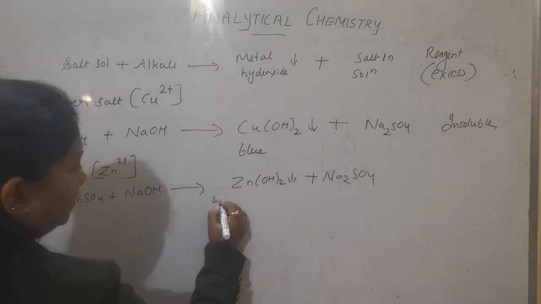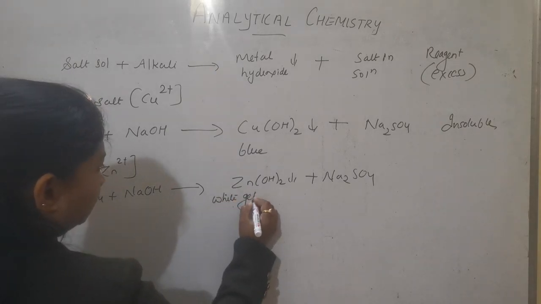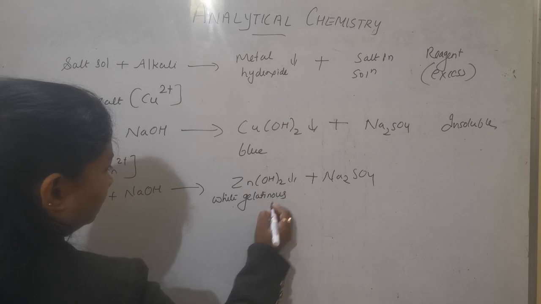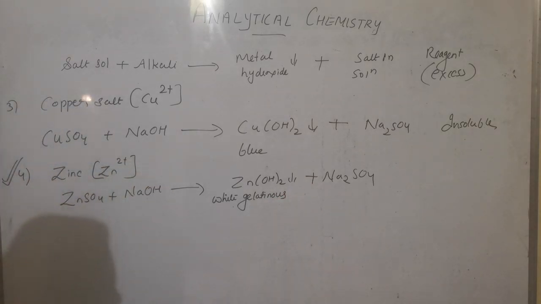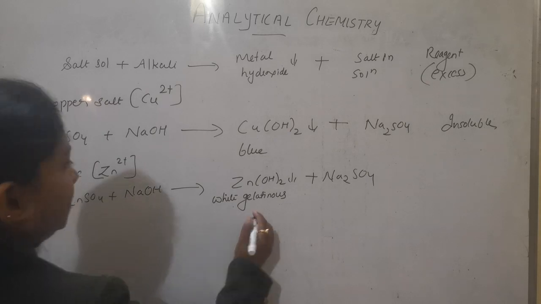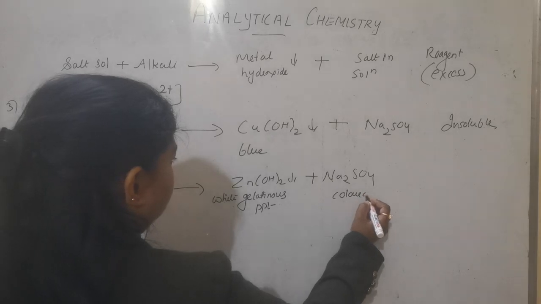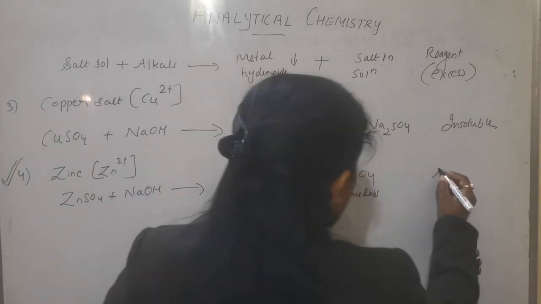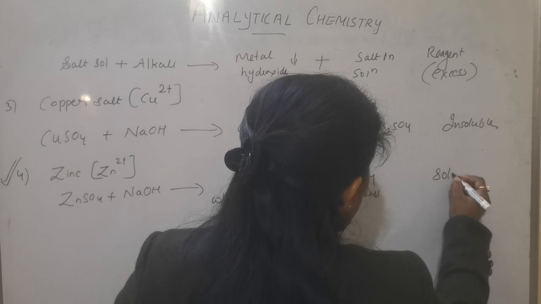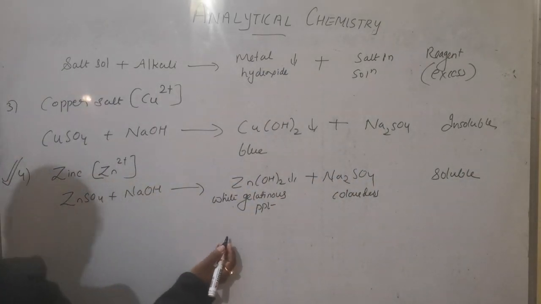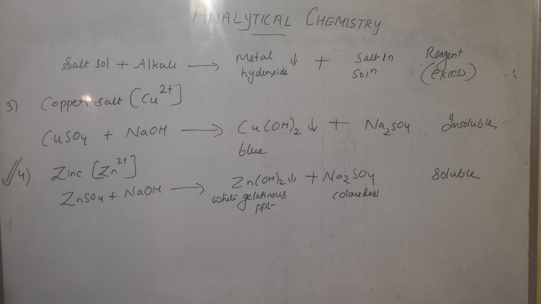And the color is white, gelatinous. Gelatinous means with glaze. The precipitate that you could get will appear shiny. So white gelatinous precipitate. This is colorless. And what will happen? Precipitate becomes soluble with excess of NaOH. Now we have to see that reaction also when you added excess of NaOH to